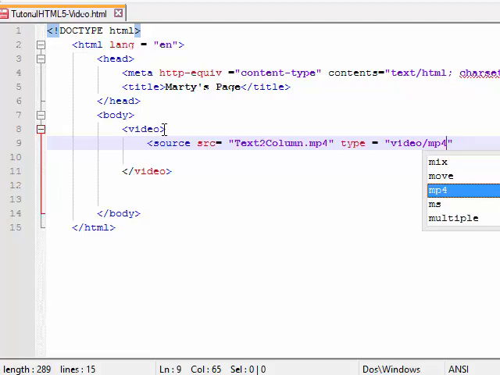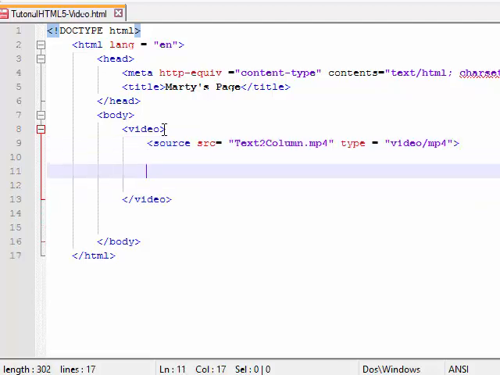If it doesn't support MP4 files, what are we going to do? We're going to display this text that I'm going to put underneath here. I'm going to put a space because I'm going to add another source. Actually, let me copy and paste this line of code, because I'm going to add another